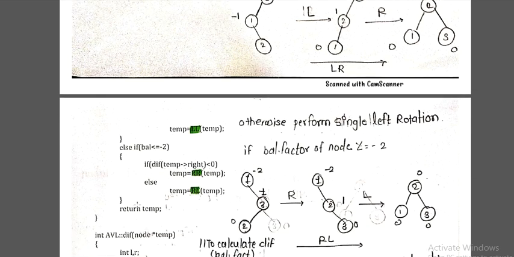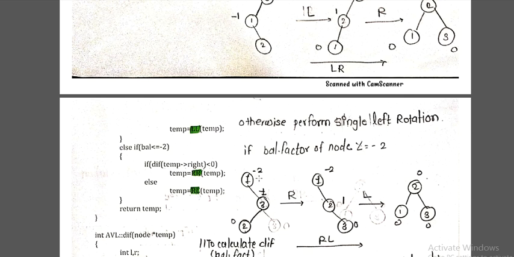In the same way, it can also have a balance factor of -2, or below or equal to -2, and then also there is a need to balance the tree. At that time we have to check the right child. If the right child has a value less than 0, then you apply a single right rotation, and if it is not less than 0, meaning it is greater than 0, that is +1, like in this example, then you apply the right left rotation, meaning first apply the right rotation, then apply the left rotation, and according to this the tree will now get balanced.